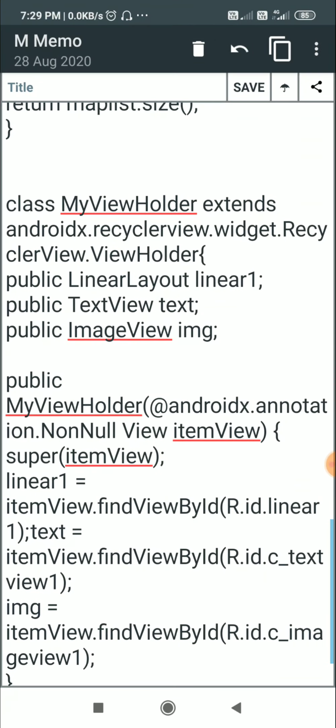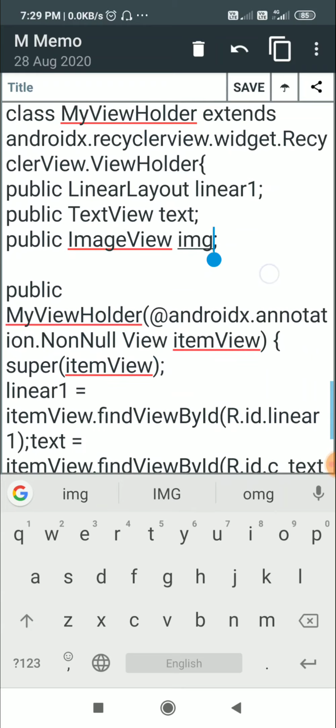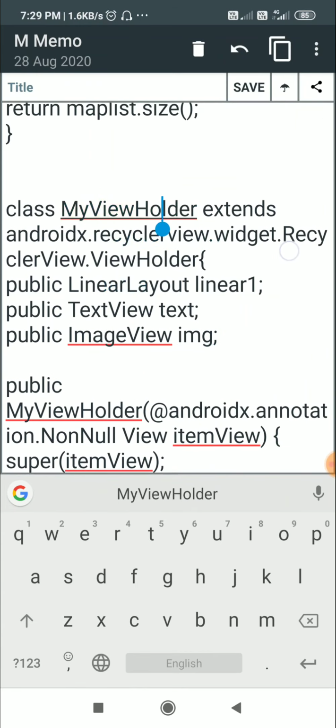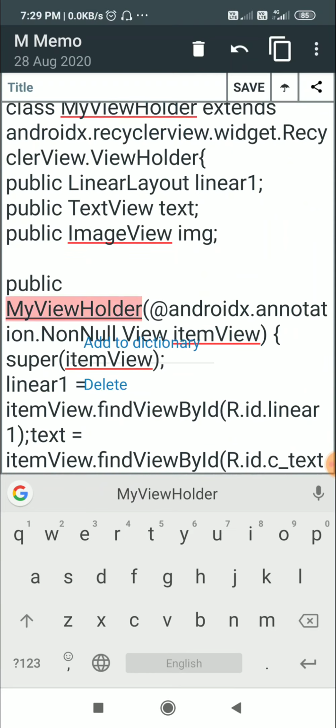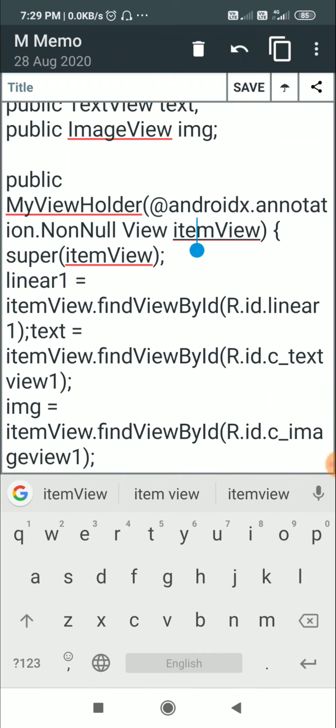So here I have declared a LinearLayout linear1, a TextView text, and an ImageView img. This class MyViewHolder contains a constructor MyViewHolder with View itemView. This itemView is the view holder which we have already set.